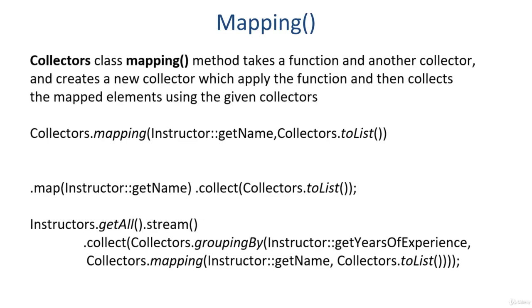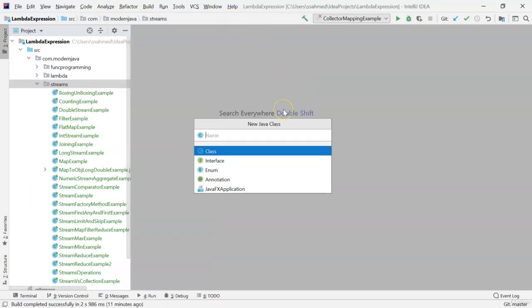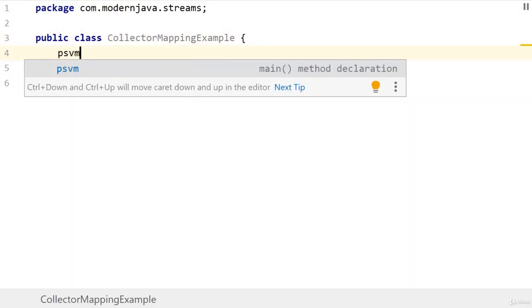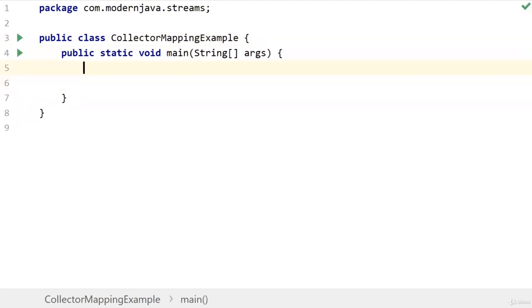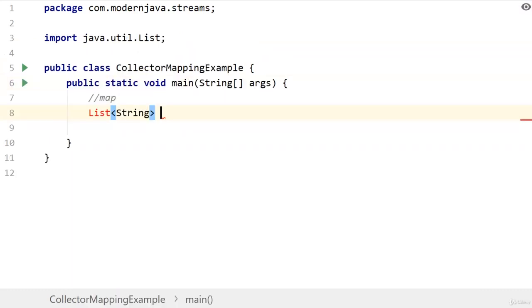Now let's look at the example of mapping in IntelliJ. Let's create a new class, and the class name is CollectorMappingExample. And let's create public static void main. What we'll be doing is collecting names of instructors using the map operator, which we have already used, and then afterwards we'll be using Collectors.mapping. So in this case, using the map operator, a List of String, names list is equal to Instructors